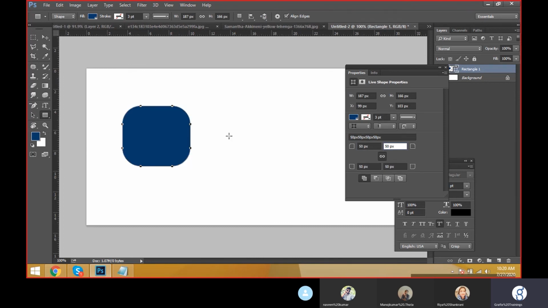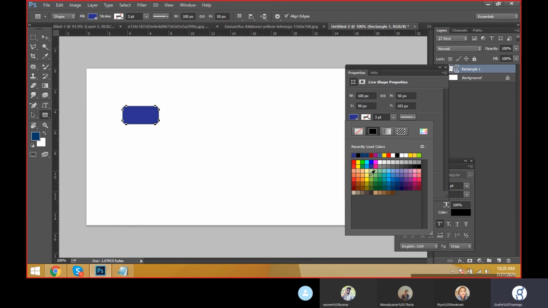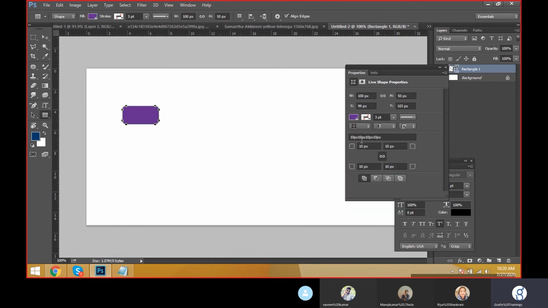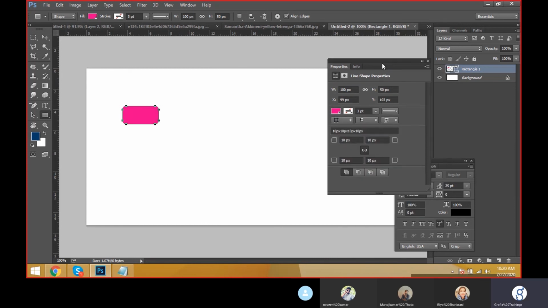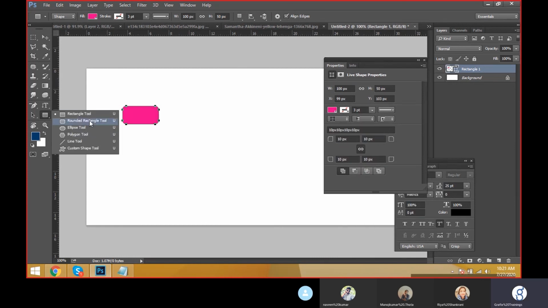You can change the rounded corners, and you can change the width and heights like this, and you can change the color here. These are the properties of the rectangular marquee tool, rectangular path tools.